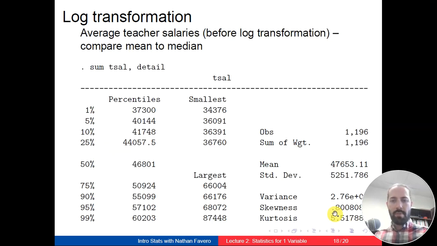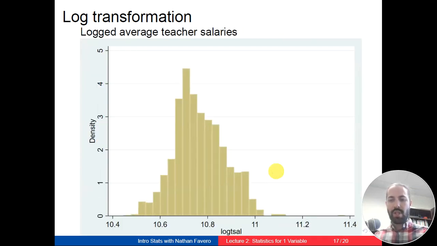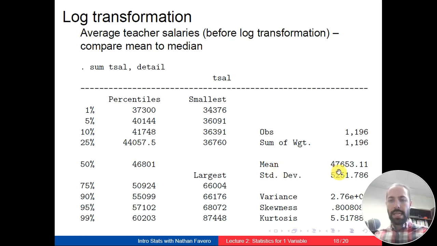And that's going to be much more obvious if we actually look directly at the mean for these two different versions of the variable as opposed to just looking for visual evidence. So remember, I said that the mean is very sensitive to outliers. And in this case, this is just the raw teacher salary data. What is the average teacher salary in each district? And you can see that the mean is 47,000. If we round to the nearest 10 or the nearest thousand, we would say $48,000, while the median,